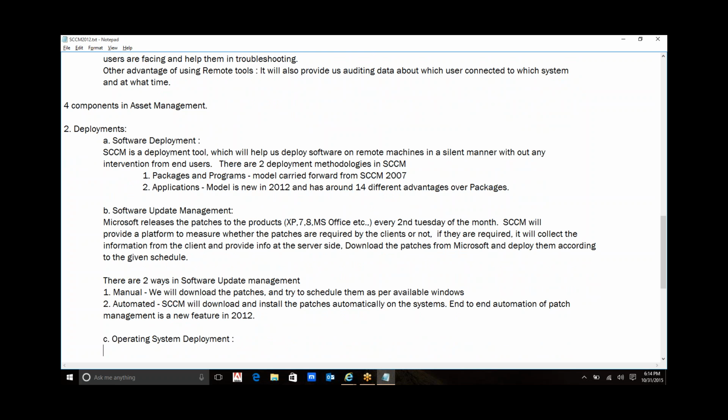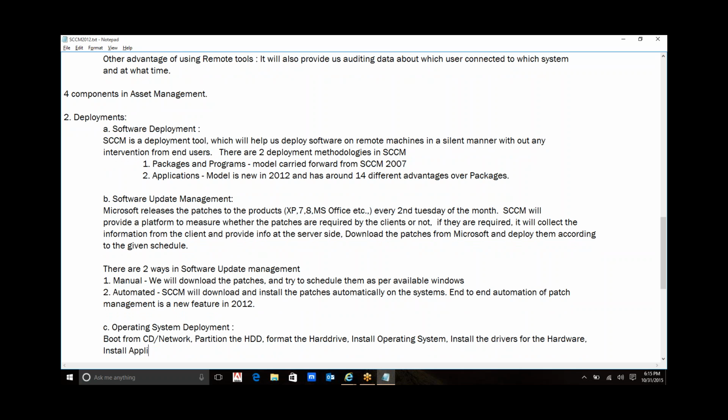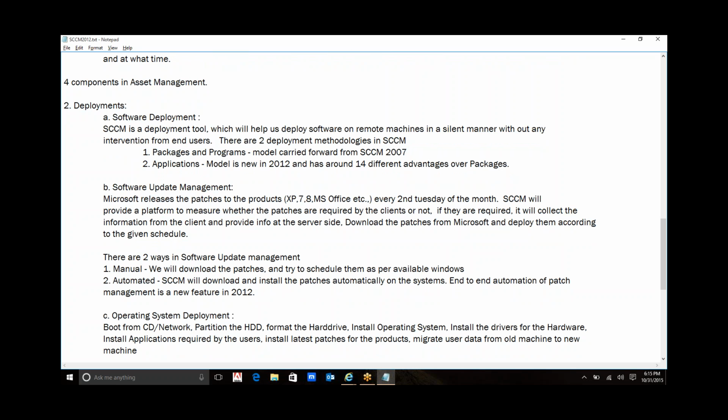So in the operating system deployment, generally if you want to install an OS, we boot from CD or network, partition and format the hard drive, install the operating system, install the drivers for the hardware, install applications required by the user, install latest patches for the products, and migrate user data from the old machine to the new machine and hand it over to the